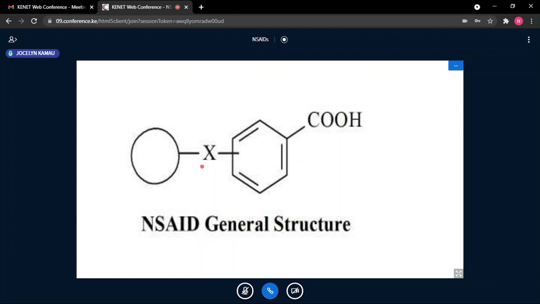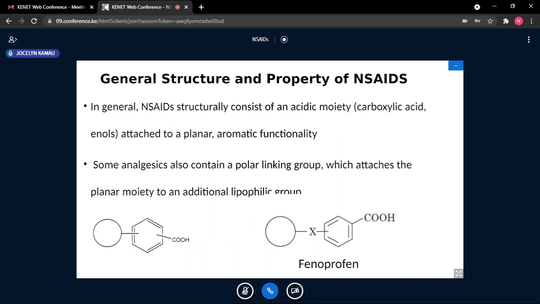But it's only important to tell us we do have a first hydrophobic group. We do have a second hydrophobic group. They can be fused. They can be attached through a polar group, or the second one can be directly attached to the first one. And of course, they do have a carboxylic group, which is either directly attached or is separated, depending on the group that we are talking about, the class we are talking about.